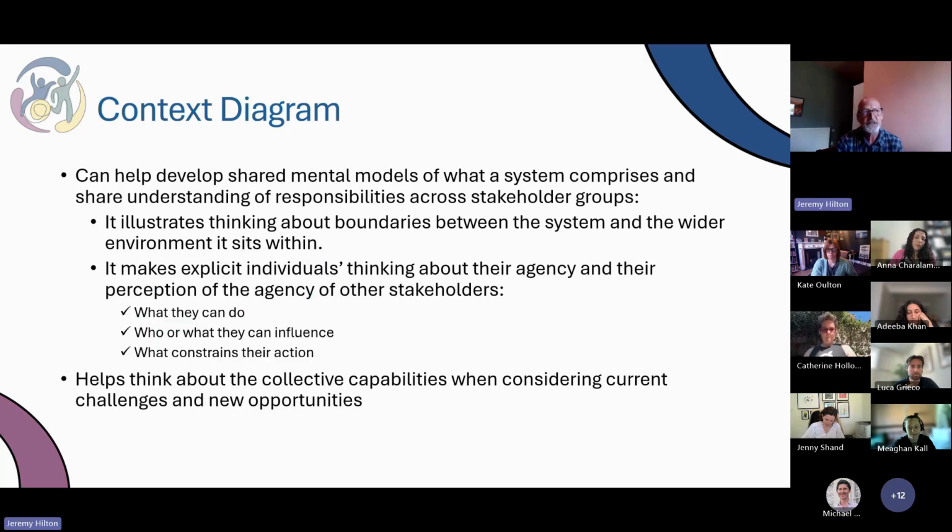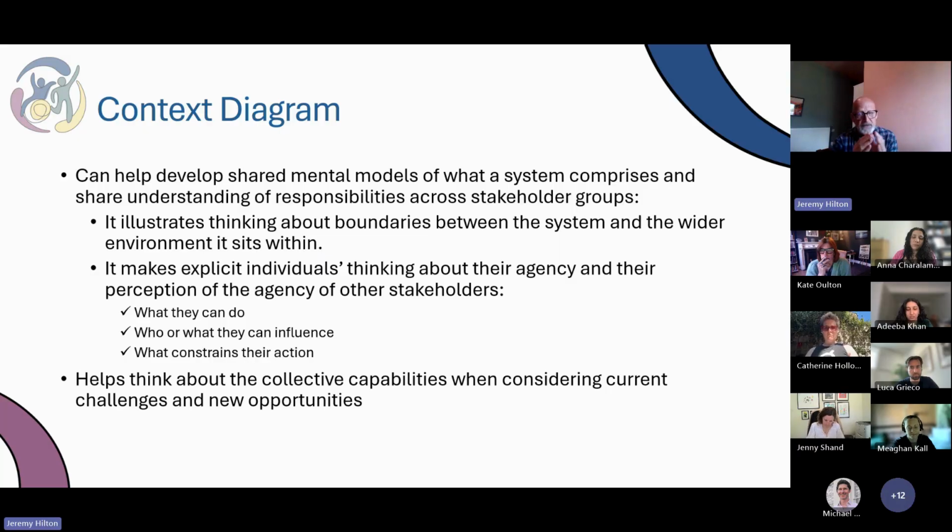And we have something we call a context diagram, which we can use from 2 points of view. It's about, again, exposing our mental models of what we think. It can be used from the point of view of what do we think is in the transition, what it has to connect with in terms of influencing, and what are the constraints. So you're thinking of it as a system in and of itself and building a collaborative view. But you can also use the same diagram to think about individuals and what their agency is.